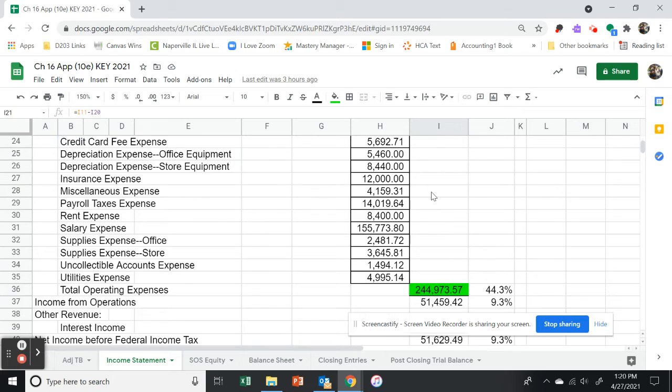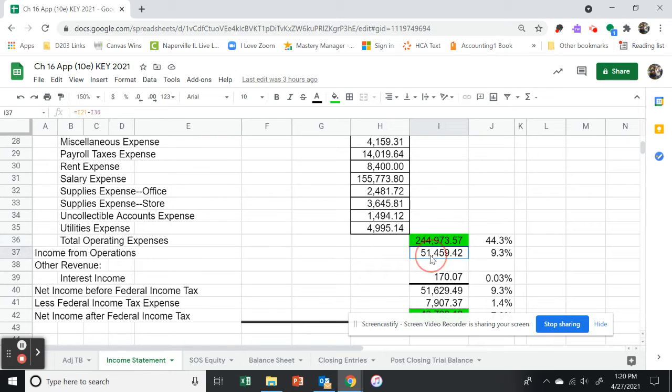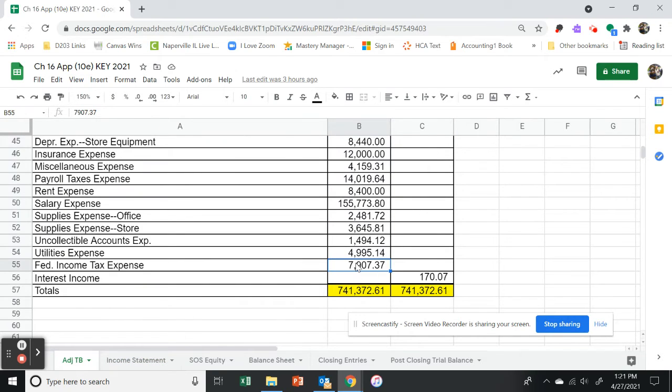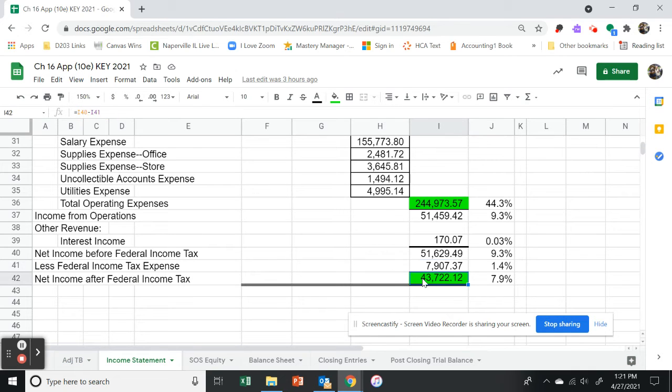I'm going to take my gross profit minus my 244. That equals 51,459.42. When I add in my additional income from interest, so notes receivable that is bringing in some interest, I add those. Income means add, expense subtract. So we got income. That gives me 51,629, and then finally I'll take out my tax, which comes from the adjusted trial balance as well, line 55. So all said and done, my net income after tax is